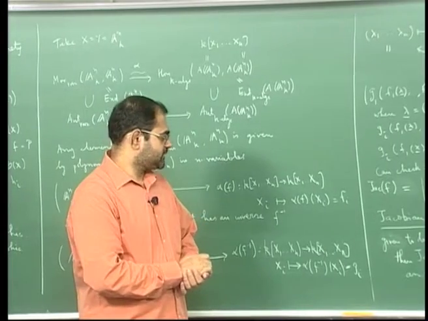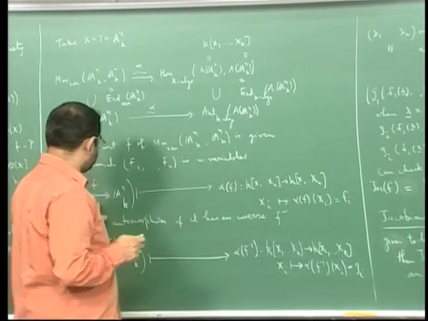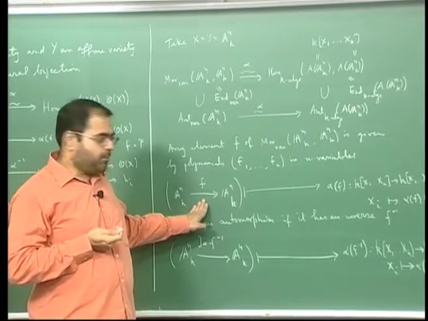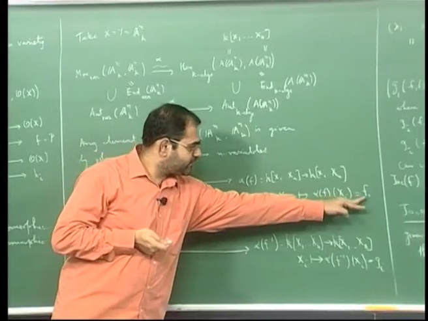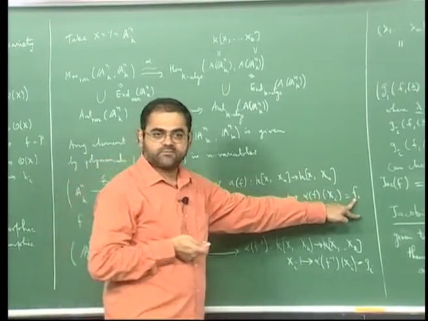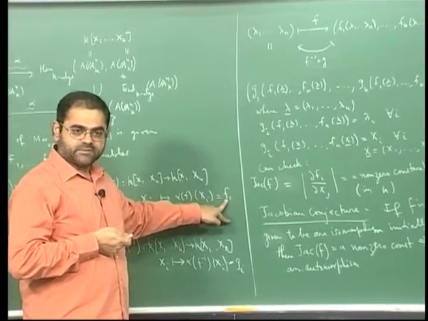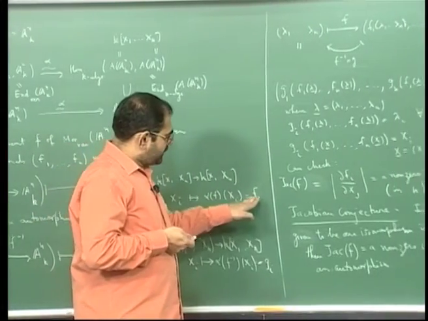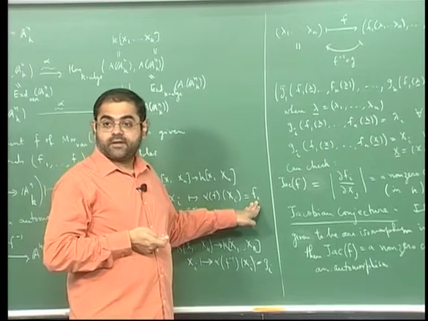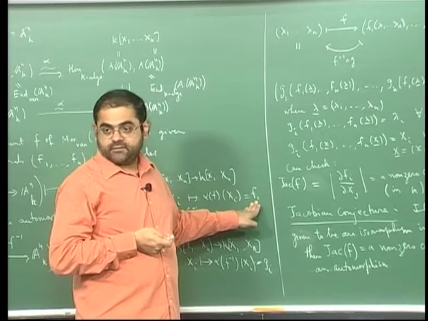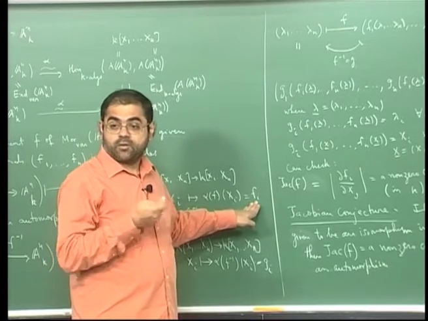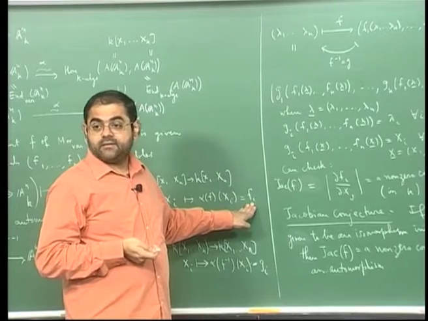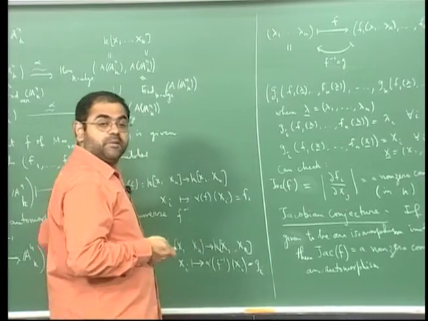The Jacobian conjecture is that if I start with an f which I do not know is invertible, I do not know it is an isomorphism, but suppose I have the condition that if you take the Jacobian of f, namely the Jacobian of these n polynomials that specify f, under this correspondence, in general you expect it only to be a polynomial in n variables, but suppose it turns out to be a non-zero constant polynomial, then the Jacobian conjecture says that f should be invertible.